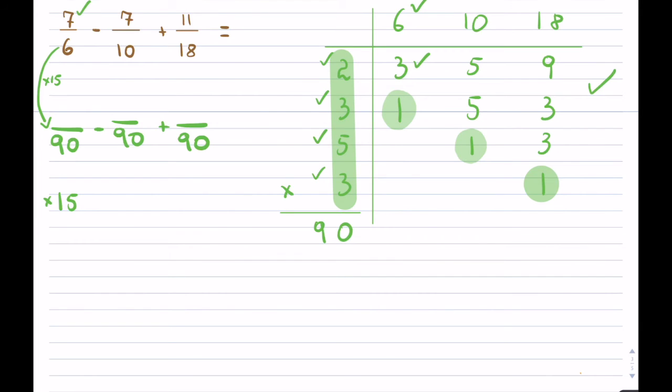Okay, so now 7 times 15 is 105. And you can do that on the side for yourself if you like. Now the second one, so 10 goes into 90 9 times. 9 times 7 is 63. And finally, we have